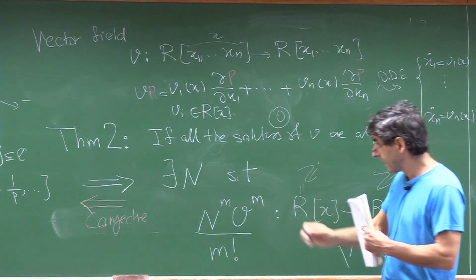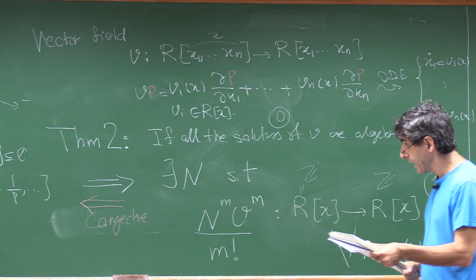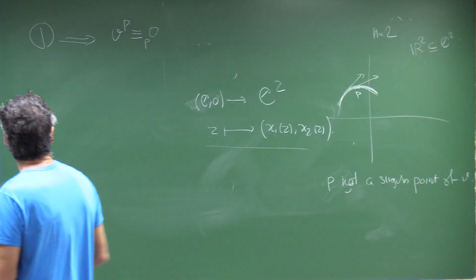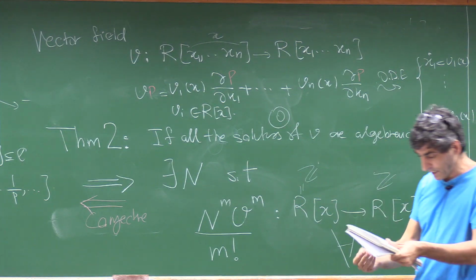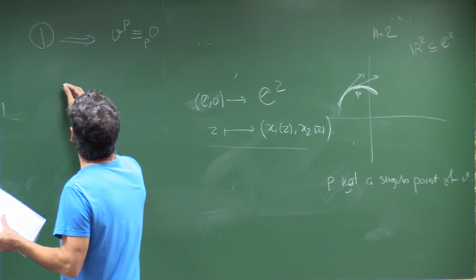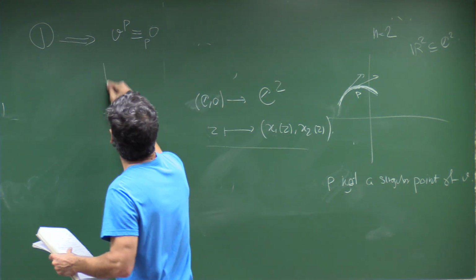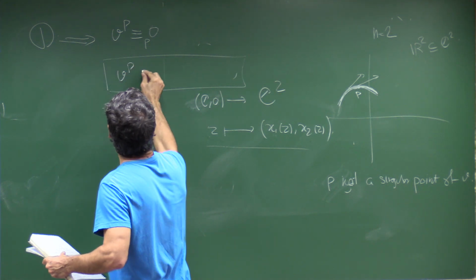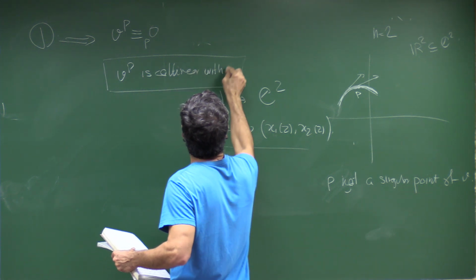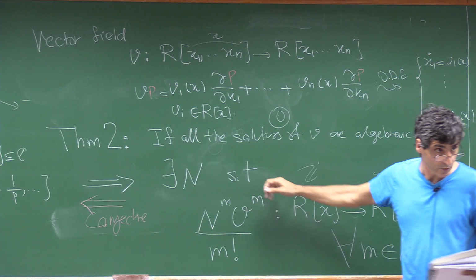It is possible to make a version of the conjecture for vector fields. Again, the folklore conjecture: people have noticed that when something modulo P happens, then they have claimed algebraicity. And actually, I have not written here, but depending on this notion of algebraicity, there is this issue of VP being collinear with V. Actually, I wanted to say this one, but I have not written the corresponding statement here.